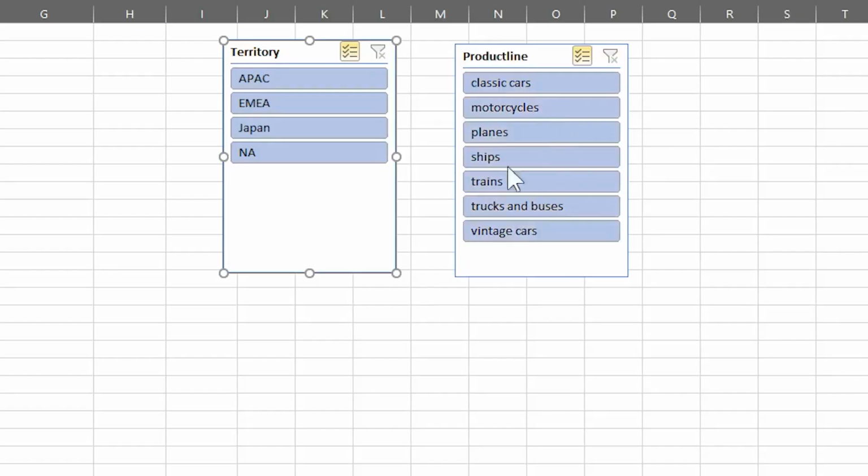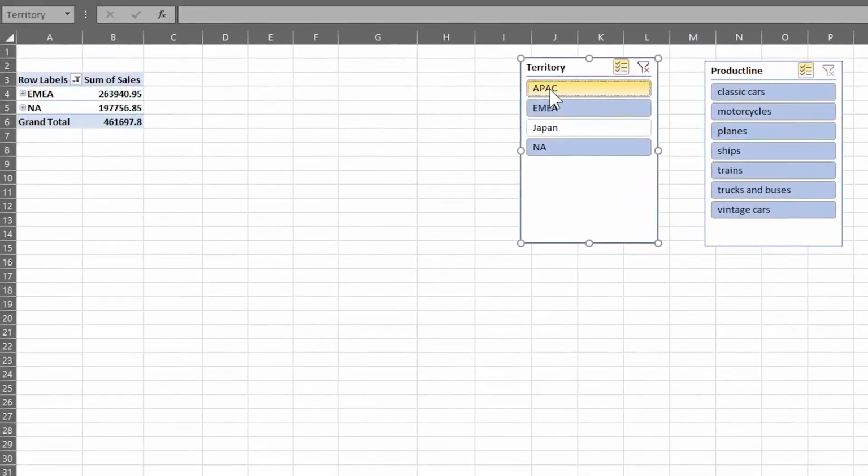Then let's clear the slicer filters. And now let's filter using both slicers. Note that when you use multi-select filtering, when you select an item, you are in fact filtering it out. That is, you are defining which items will not be displayed in the pivot table. This is the opposite behavior to when you were selecting single items in a slicer. So now we are displaying only classic cars, trains, and trucks and buses products